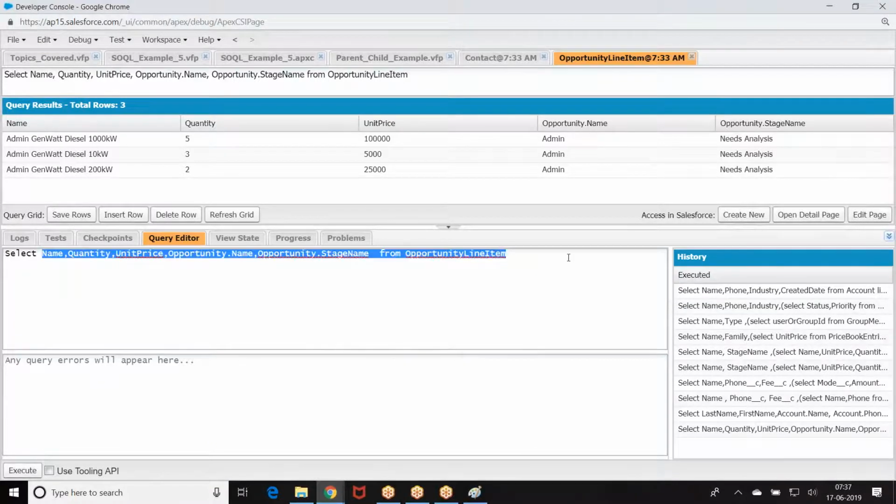So how do you write the query? Student underscore underscore r dot name, student underscore underscore r dot phone, from payment.